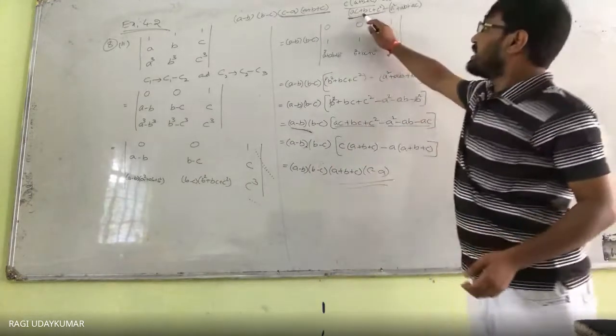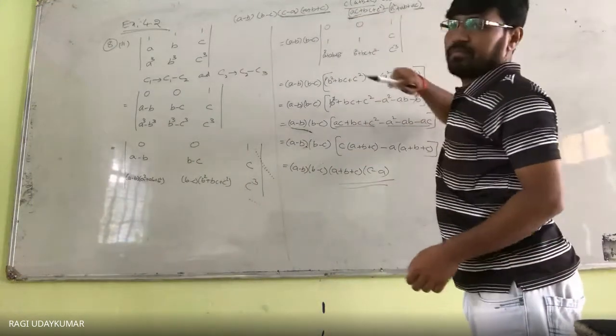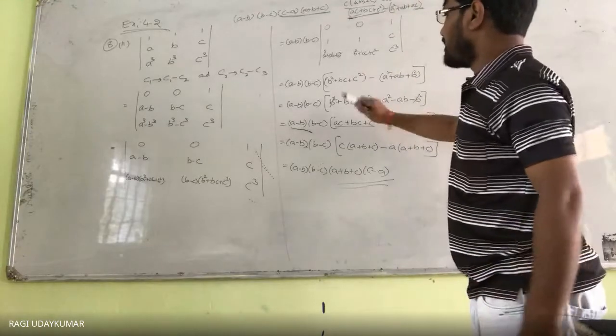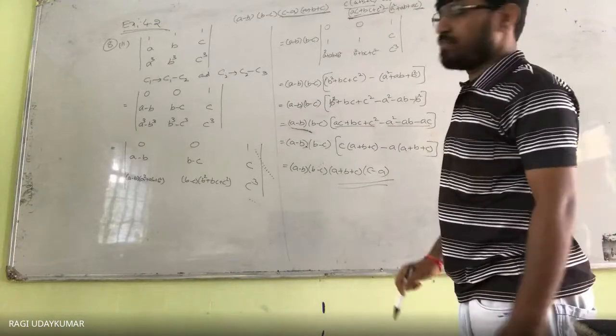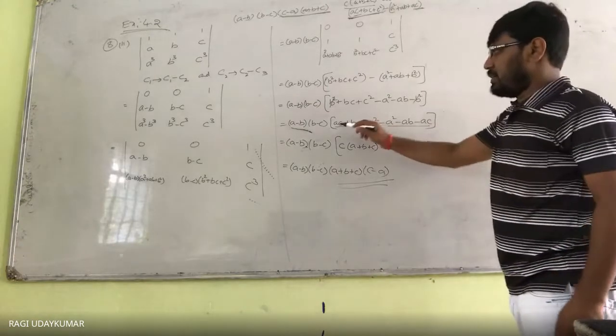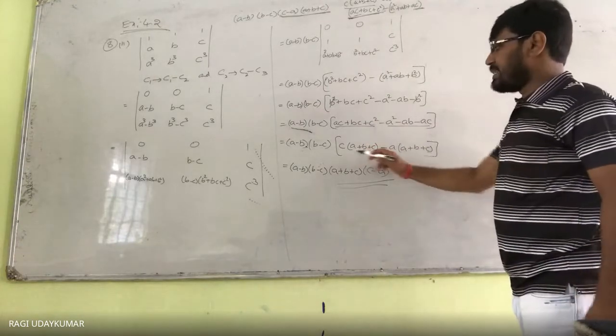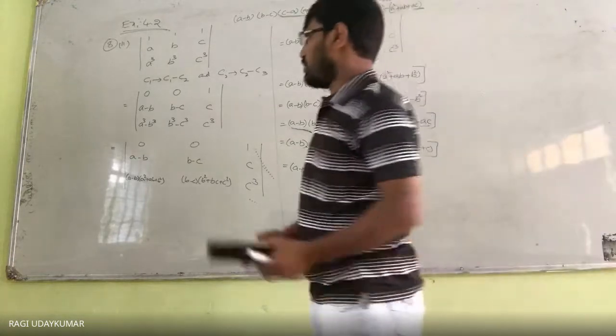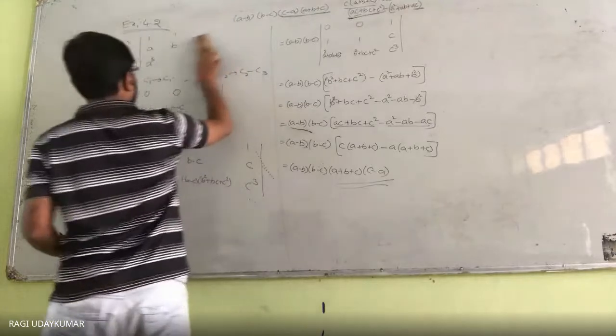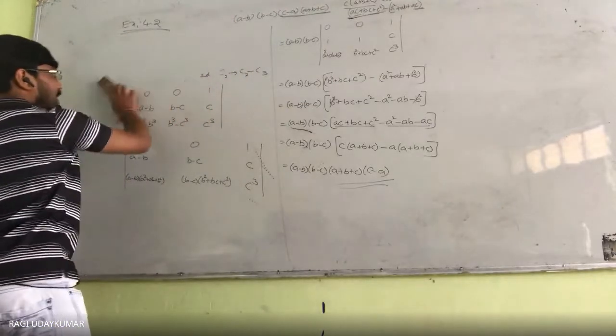So AC we are getting here, AC we are getting. So AC is not there. When you expand this one, b square is getting cancelled. In the place of that b square, AC I am writing here, subtracting these two. And now if C is taken common, A is taken common, and automatically we'll get the solution for this. Okay.